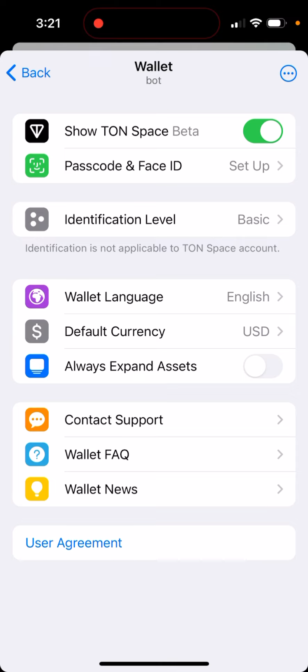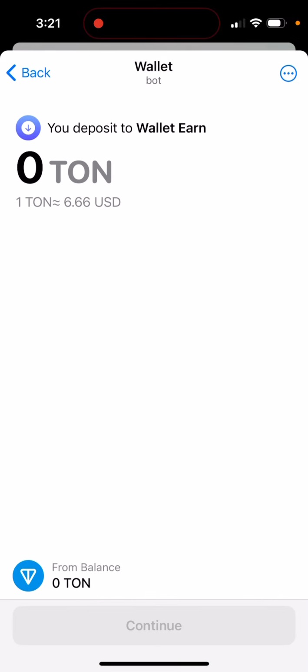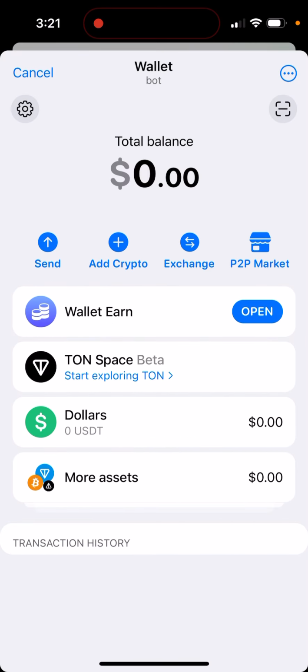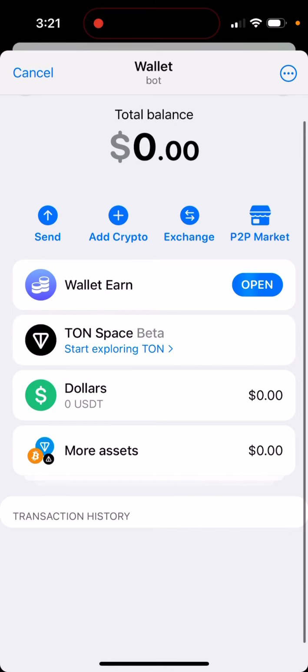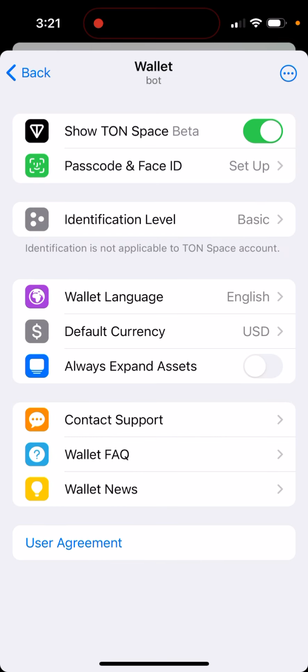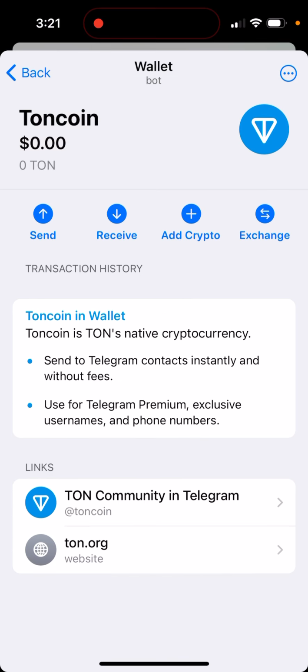So as you can see here, it says just the idea of how you can buy that, but it's also about how you connect your Toncoin to Telegram Wallet. So here is Toncoin. There's the Ton.org website. There's just settings. I think actually Toncoin is TON's native cryptocurrency, so maybe like